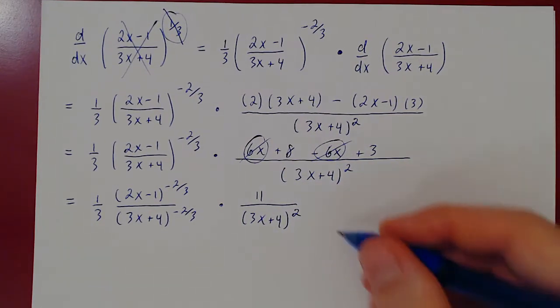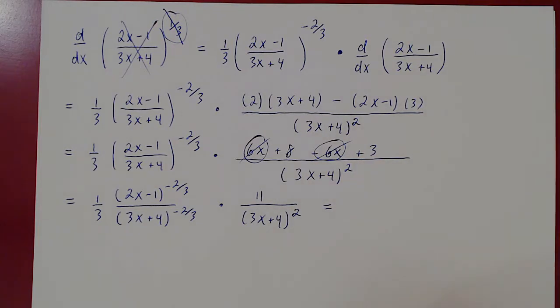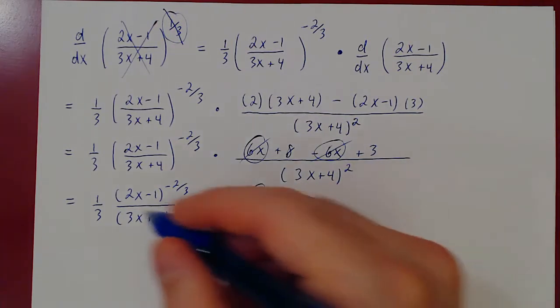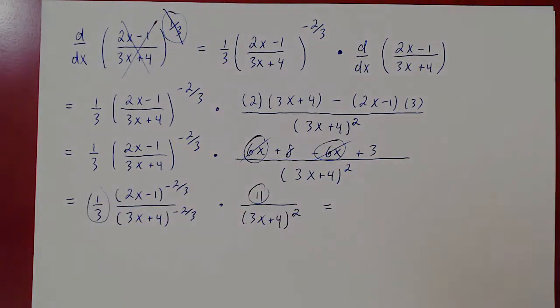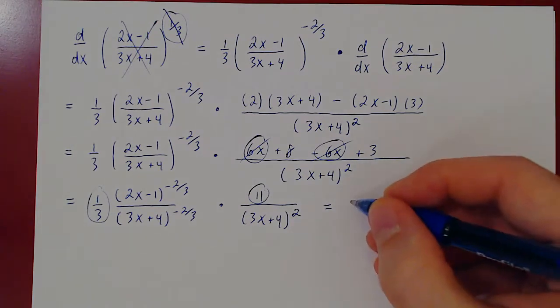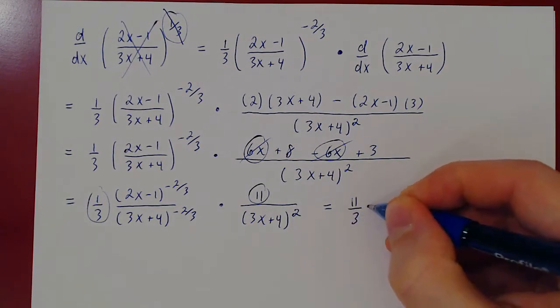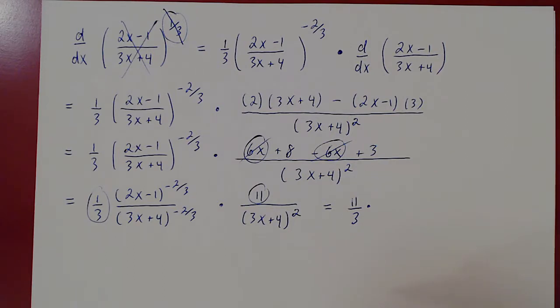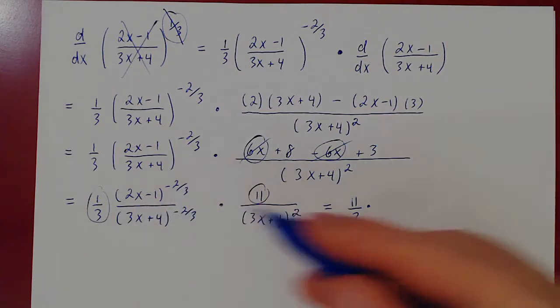And now let's combine. We'll have, if we put the 11 over 3 up front as a constant multiple, 11 over 3 times (2x minus 1) to the -2/3